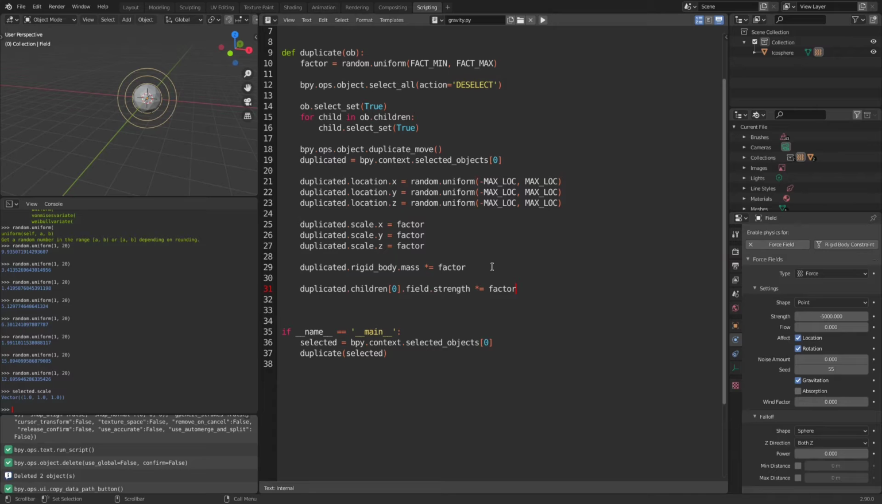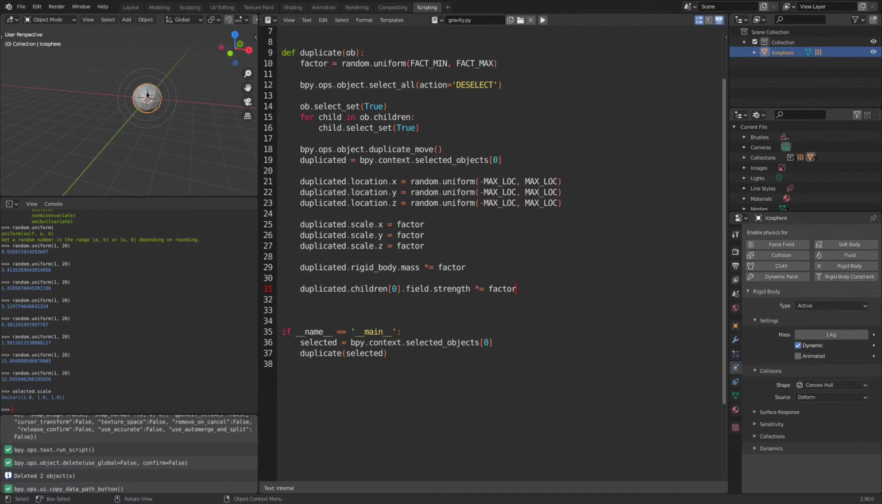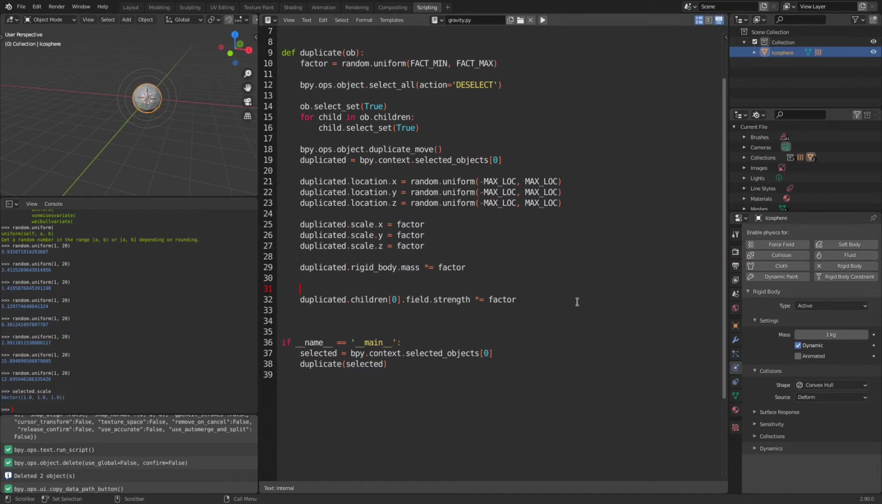This is okay, but later if you have many other children, sorry, you will need to try to change the force of any force objects inside your icosphere. So what you can do, this is not recommended, but you can do it because this is not something that we will share with someone. This is for you. You can, for example, do for child in duplicated.children: